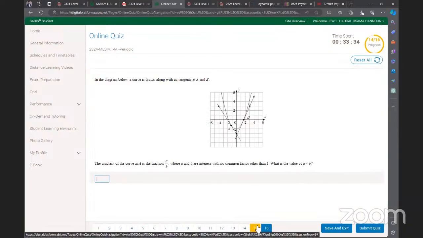The gradient of the curve at A is a over b. Okay, we will figure that out. Where a and b are integers with no common factor other than 1. It means that they will be simplified. What is the value of a times b? Okay, let's forget that first. That's the gradient. He already gave us 2 points of this line. That's the first one. The second one will be